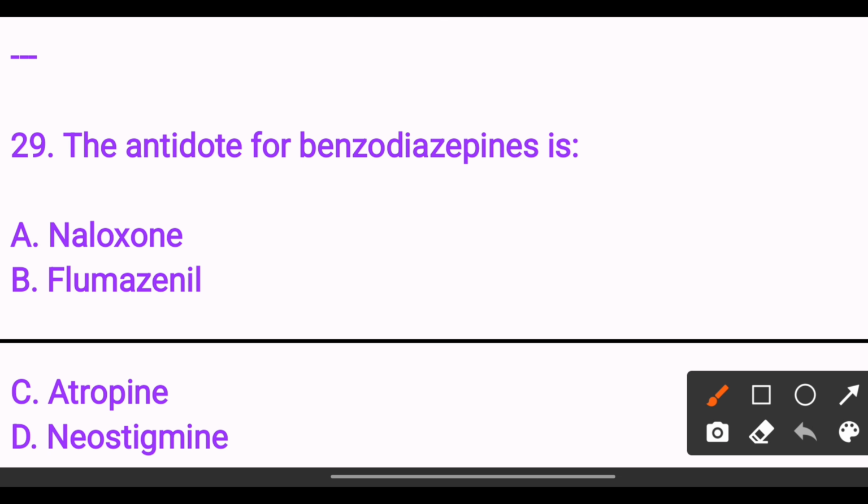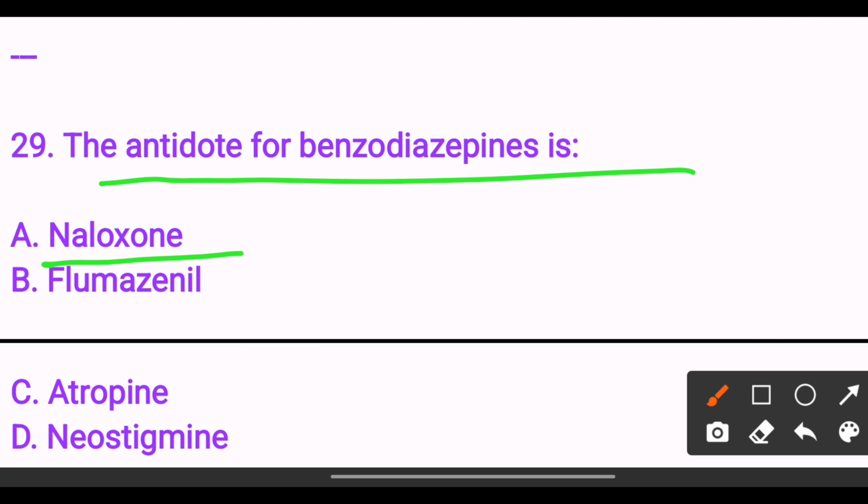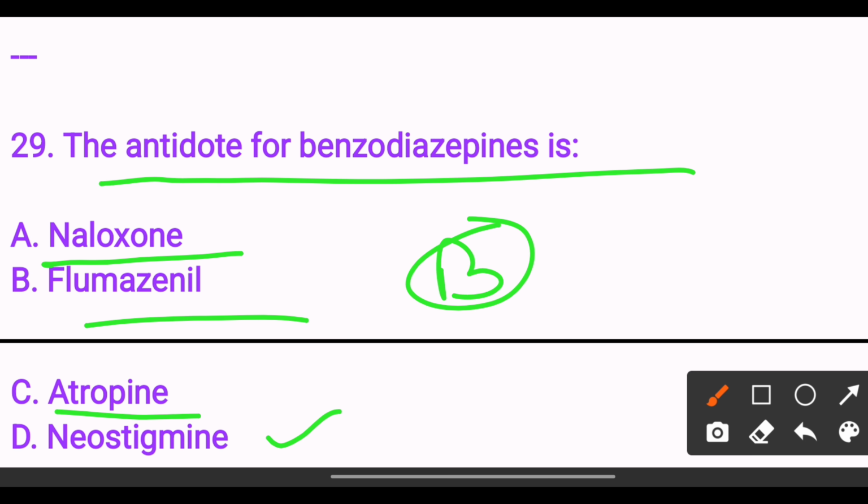The antidote for the benzodiazepines is option A, naloxone, option B, flumazenil, option C, atropine, option D, neostigmine. The answer is option B, flumazenil. Next,